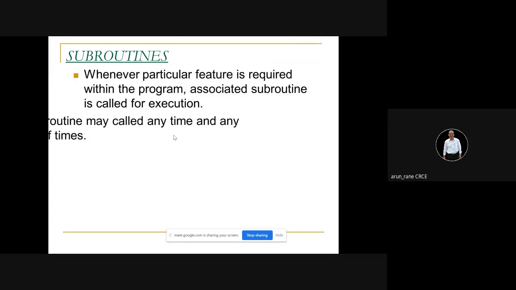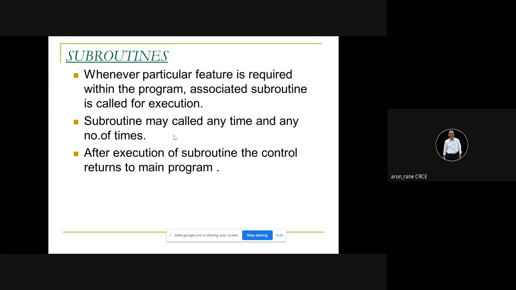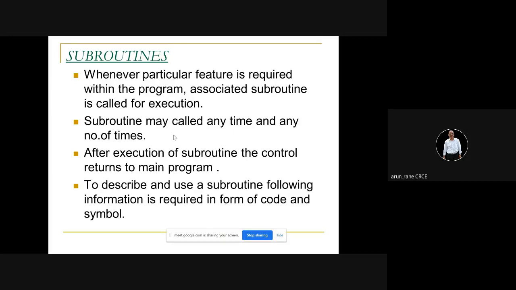Okay, so whenever a particular feature is repeated in the program, at that time you have to use this command. Like suppose you want to drill 10 holes at a distance of say 50 mm, 50, 50, 50, 50, 50. This repetition can be very easily done by calling a subroutine or by writing in a sub program. So you don't have to give 10 lines of instructions. You can just give one line of instruction. This is how it saves your time.